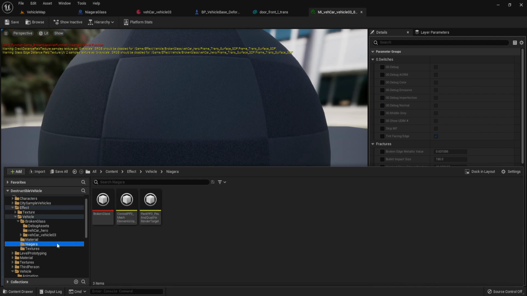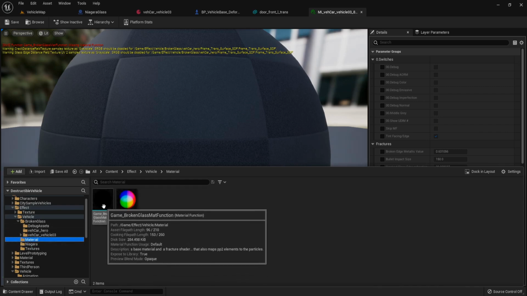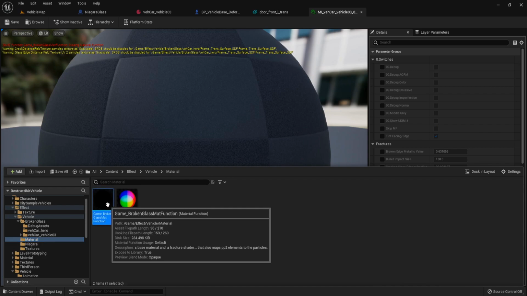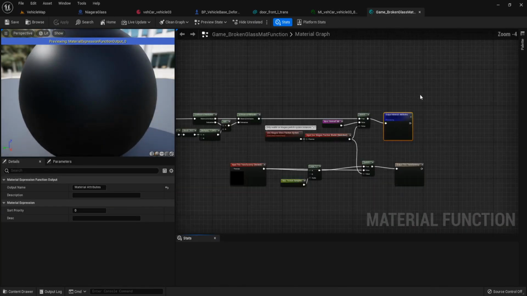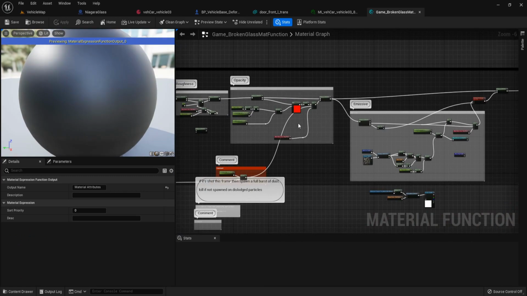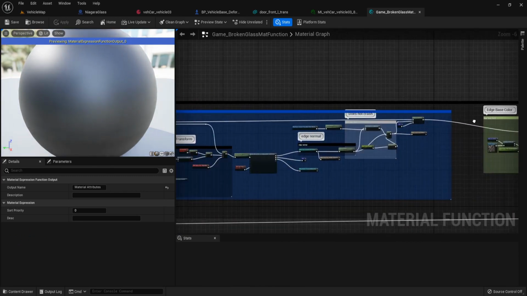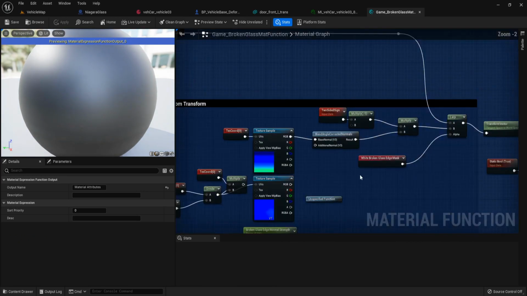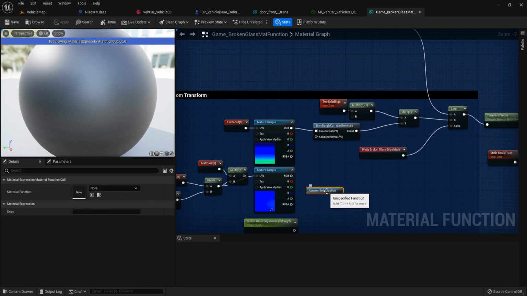Then click on this Niagara. Click on this material and open this game broken glass material function. And we can see this is the unspecified function.